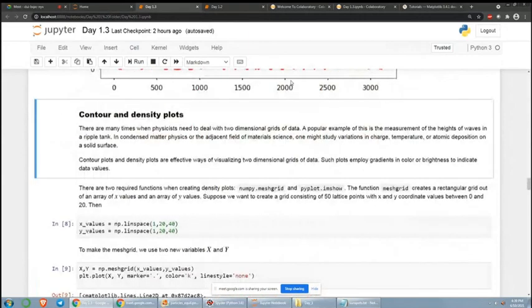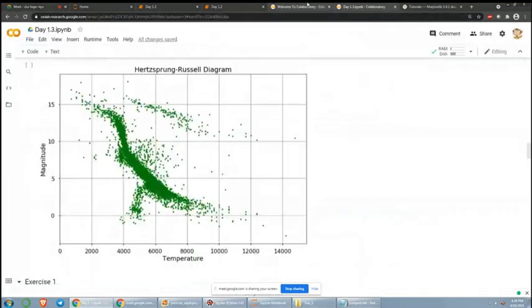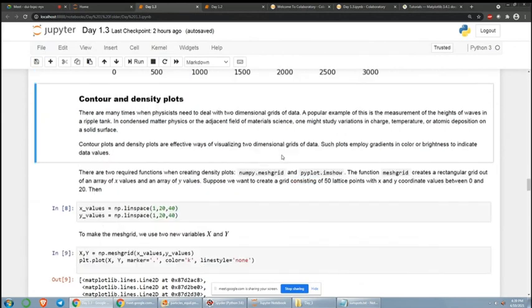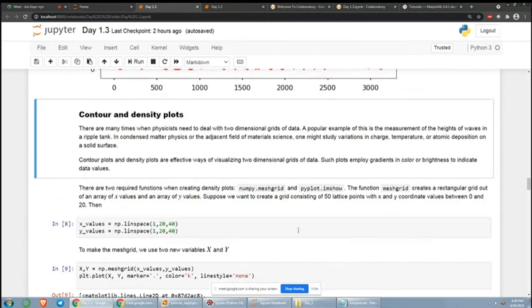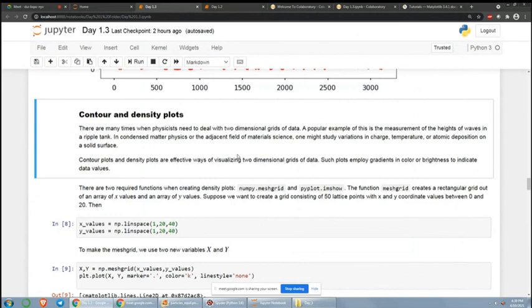Okay, so contour and density plots. So sometimes we have a 3-dimensional function, but it takes too long to analyze it by plotting 3D models. Okay? Sometimes what we need are only visualizations at 2-dimensional grids of data. Okay? So for example, there's an example here which takes values from a scanning tunneling microscope. Later on, we will have that. But in condensed matter physics, for example, if you have